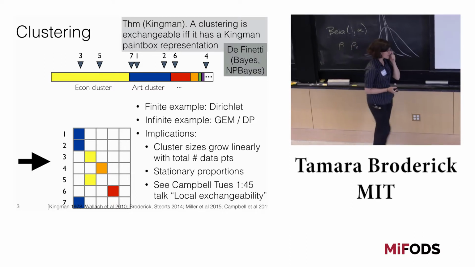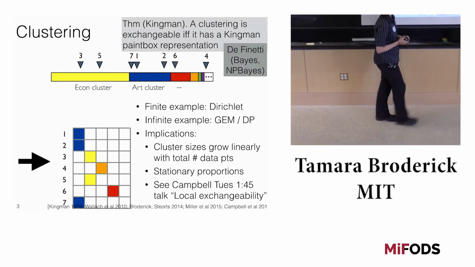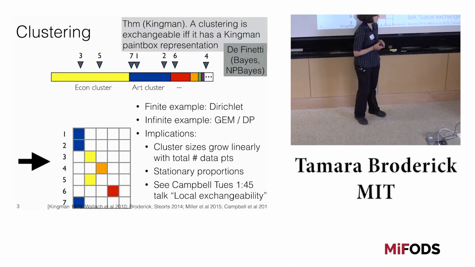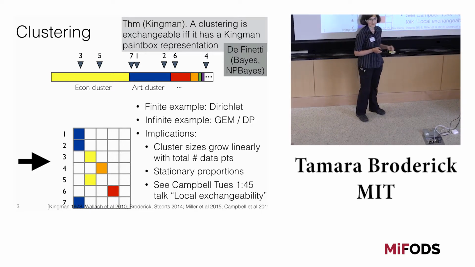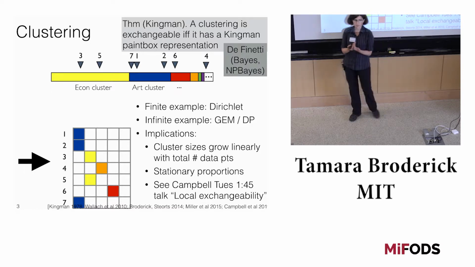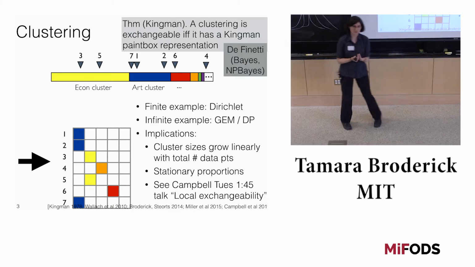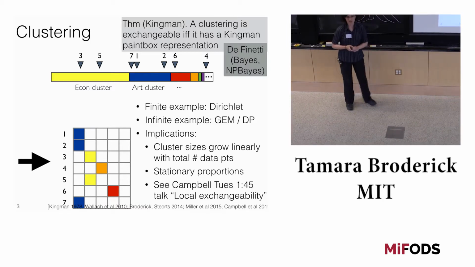And so I'm going to start pointing out some talks for the rest of the workshop. The first I'm going to point out is Trevor Campbell's on Tuesday at 1:45, which will talk about a more local form of exchangeability, one that depends on covariates like time or space. Because maybe we think things are roughly exchangeable nearby in time, nearby in space, but we don't think that they should be so exchangeable farther away.